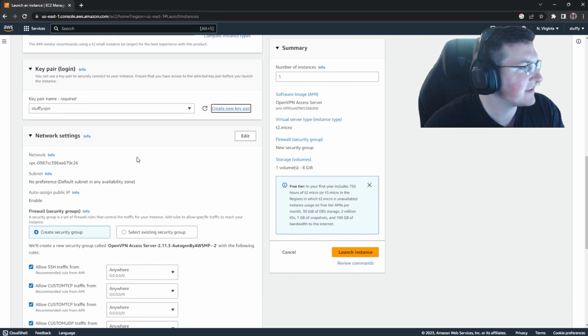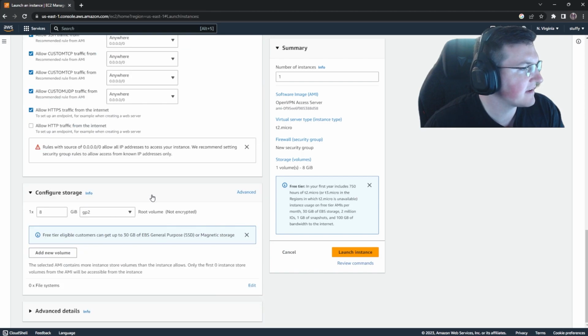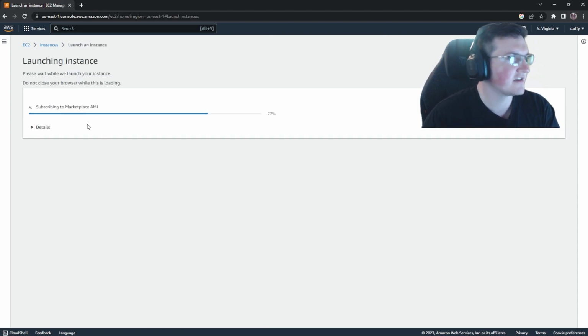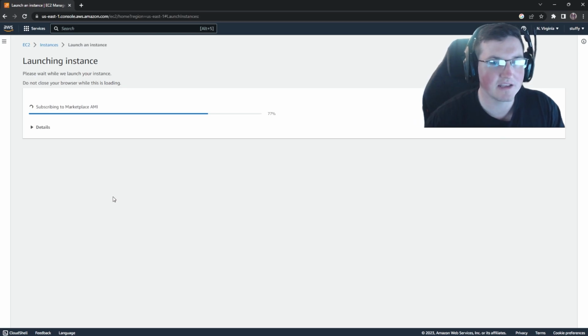All right, so we've got the key pair, we've got everything. We don't have to worry about anything else. Free tier eligible, perfect. And number of instances, 1, we're good. Okay, in your first year includes 750 hours, so we're still in the free tier. Let's go ahead and hit launch instance. And you're going to notice it's going to take a little bit. It's going to set it all up. But when it does, the nice thing with AWS